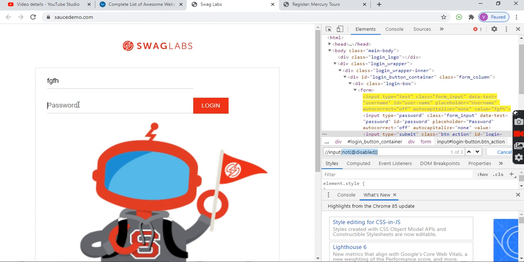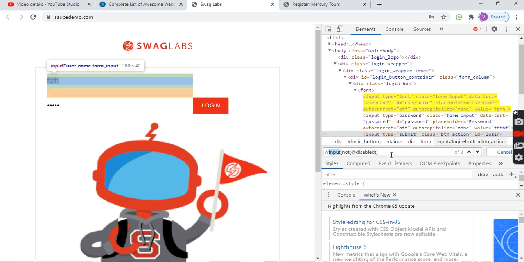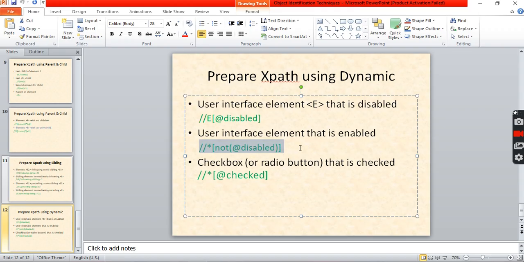It means it's an enabled one. So the input tag which is not in disabled mode, just pull all of them from the DOM. That is what it's doing. Okay, the element E that is in enabled mode, just to pull it.